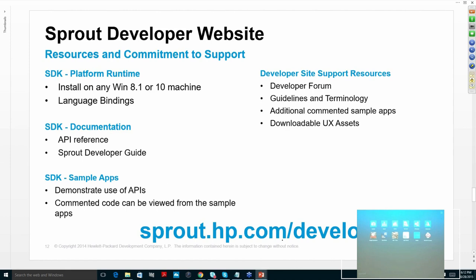You can get more information about the developer platform and everything that you need to know about Sprout at sprout.hp.com/developer. You can find the SDK there, where you'll find all of our platform runtimes and bindings. And what's really cool is that when you download the SDK, you'll actually be downloading the full Sprout platform, which you can install on any machine and then develop against it. Obviously, you won't have access to the actual hardware, but we have dummy APIs or dummy data for the hardware. We have a full set of documentation as part of the SDK and sample apps for C++,